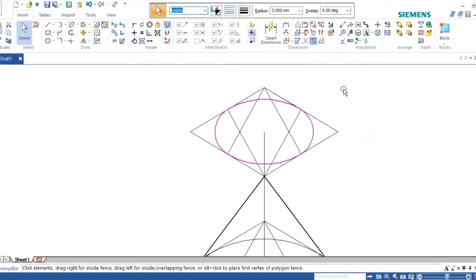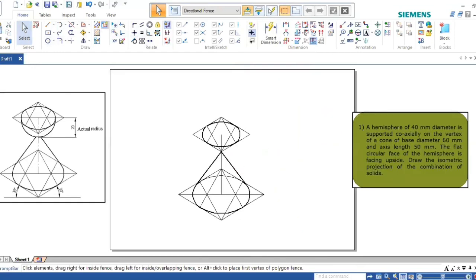Once you draw this one, now from the center point, okay, now we open the fit command. Now we have drawn the actual radius. For that, what you have to do here is convert this into ISO length, because in the previous problem you did it with the ISO sheet, but here it will be a normal A4 size sheet. You have to convert the whole drawing to reduce it to ISO length.